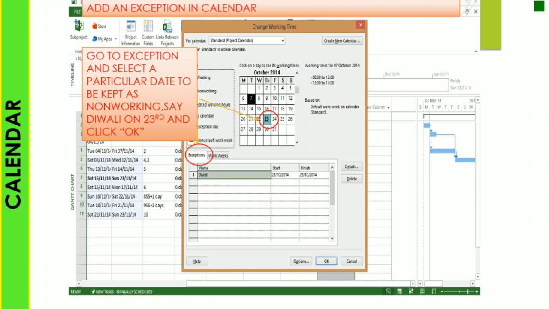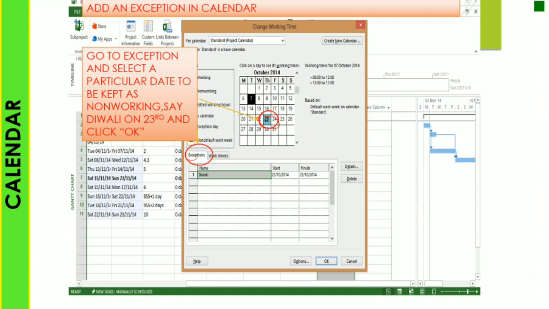Now, adding an exception in the calendar. Sometimes there is a Labor Day or some other day that you want to make a non-working day. So go to exception here and select a particular date to be kept as a non-working day. Here I select 23 and click OK.